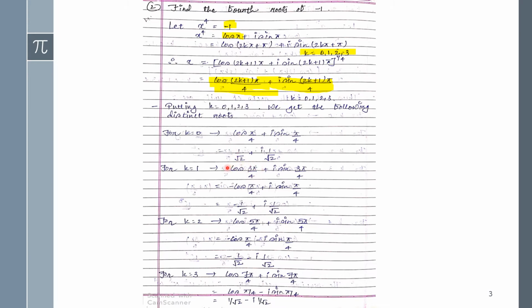As you have observed, in the first example we didn't put in any values. Here we have put 1 upon root 2 or root 3 by 2, right? But in the first example we didn't apply any values, because there were different kinds of terms and we didn't have any values, so we just kept it as it is. But here we have values like π by 4, 3π by 4, etc. If you have the values, then you have to put them in. So it will be 1 upon root 2 plus i 1 upon root 2.